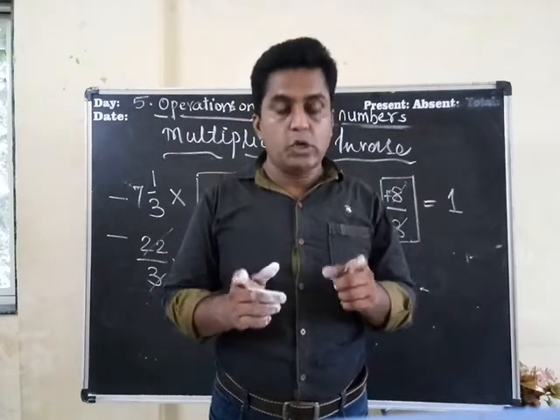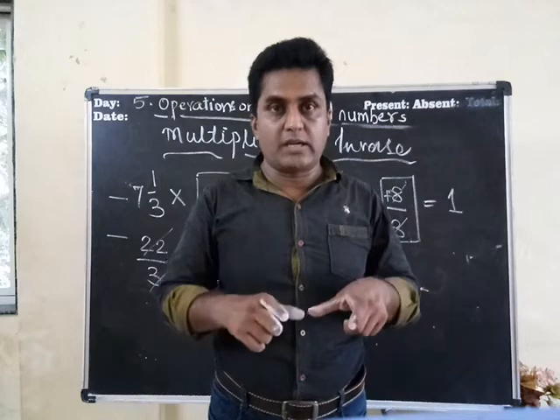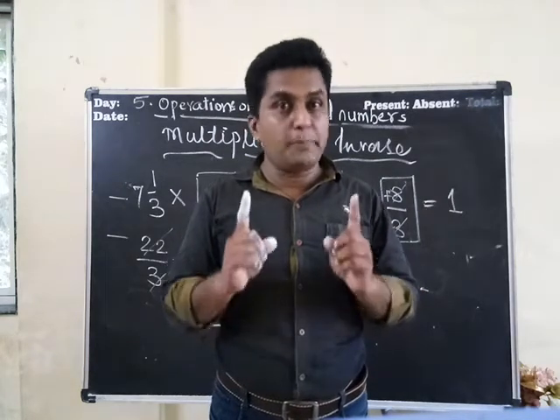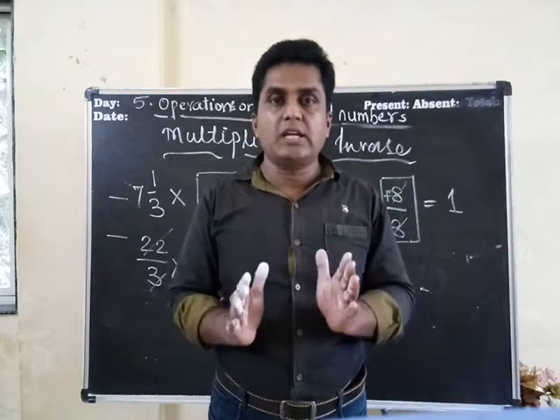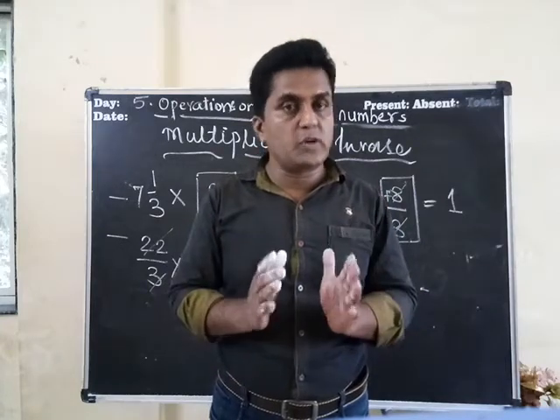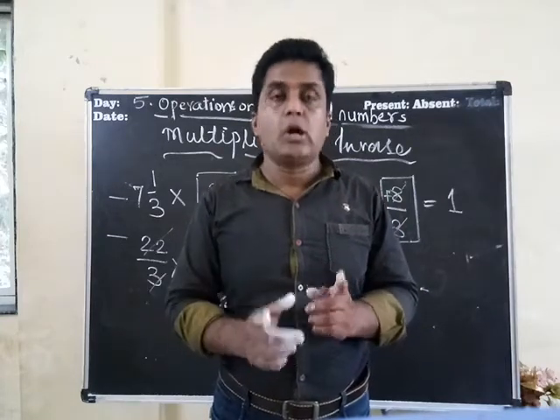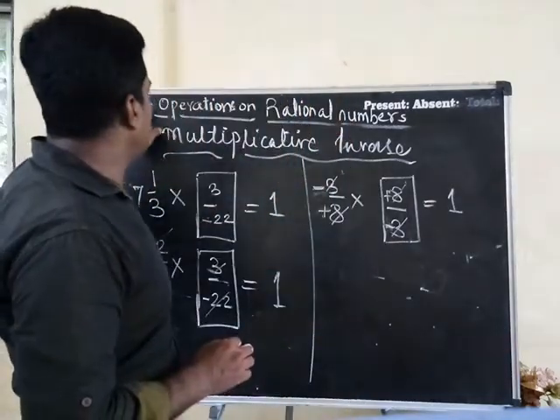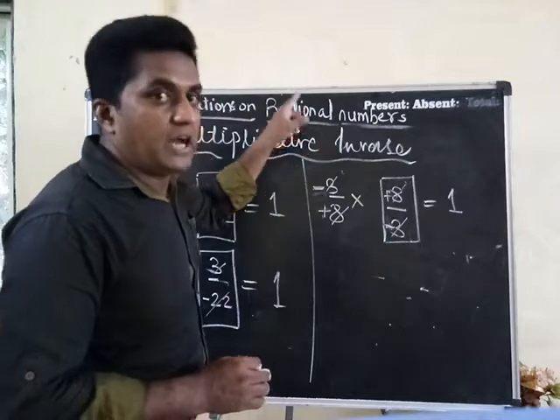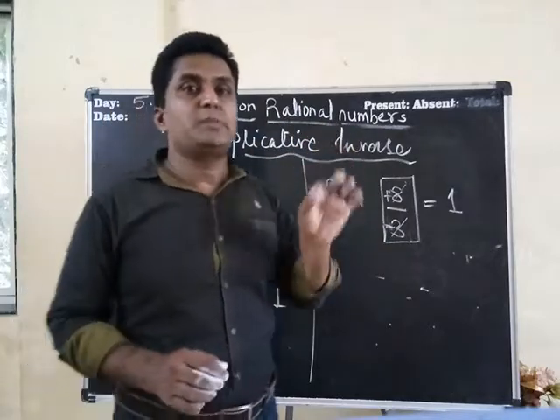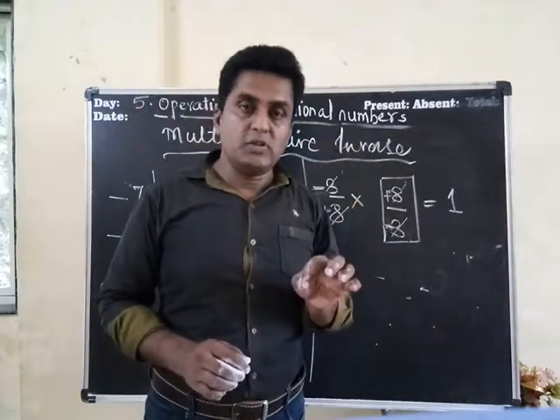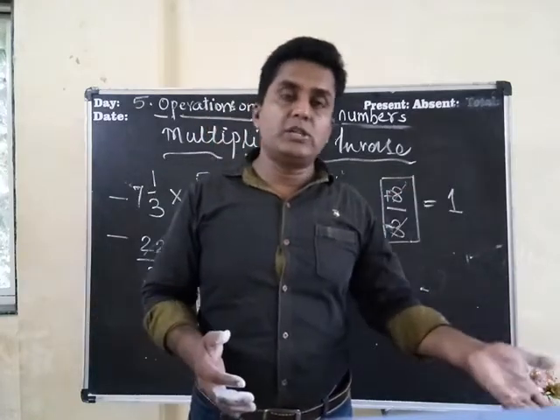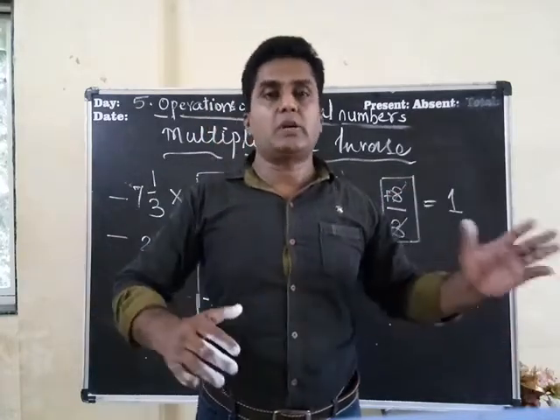Till then, what you have to do: today I am going to send you one pic on your group. That will be one exercise or practice set. You have to solve that practice set in your notebook. First, take a new page. On that new page, write down the date, and the name of lesson number 5, operations on rational numbers, and after writing that, start with the practice set. Only solve that practice set. The remaining part, when I teach you, then we will start with the remaining part of the lesson.